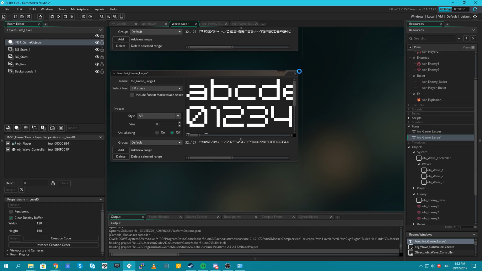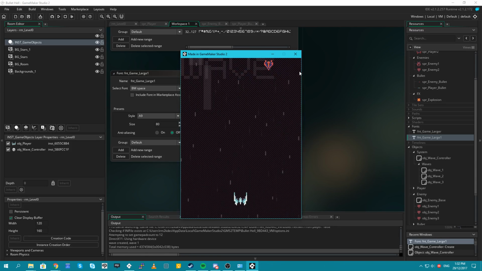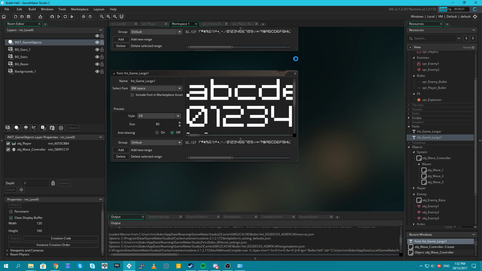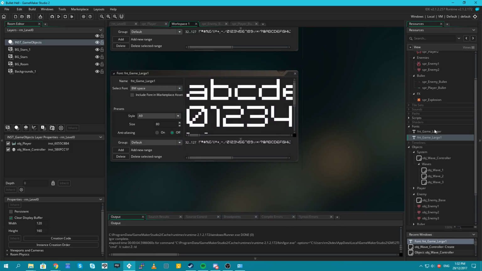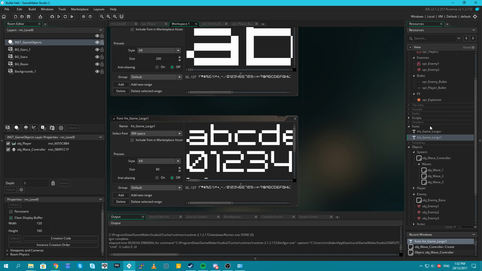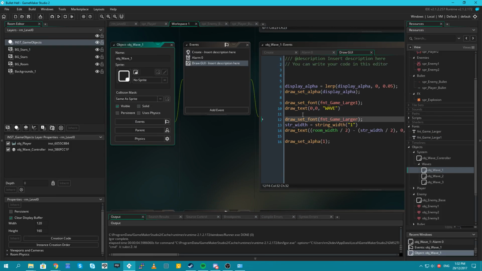Let's run this again. Alright, so there we go. We've got a giant wave 1. We also need to turn... Okay, so cool, that works. Now, the anti-aliasing is off. That should be fine. So now what we need to do...